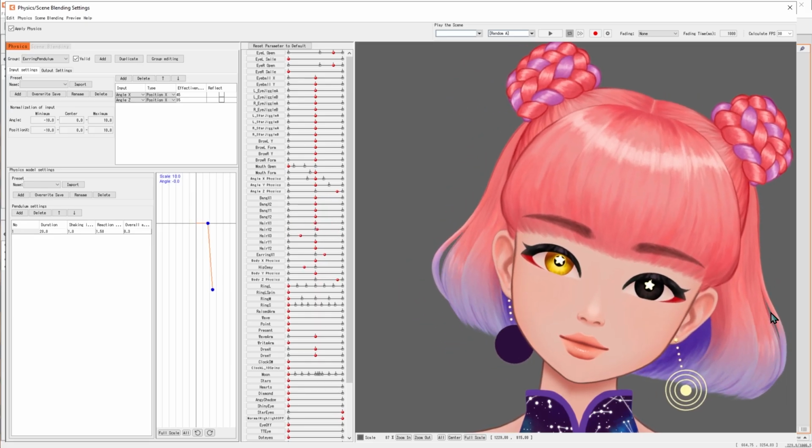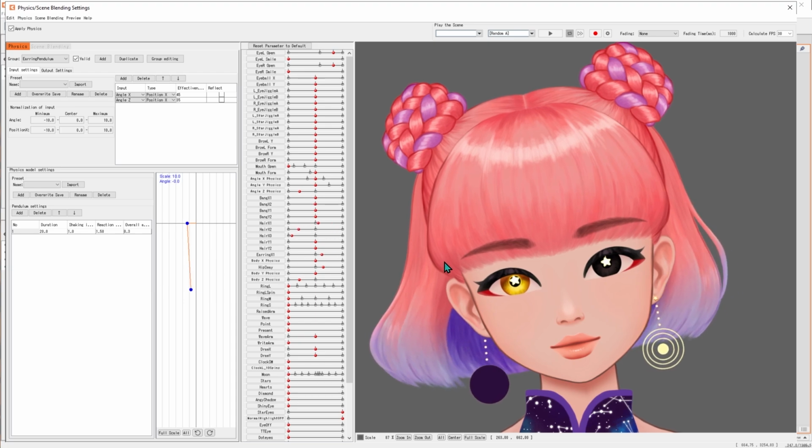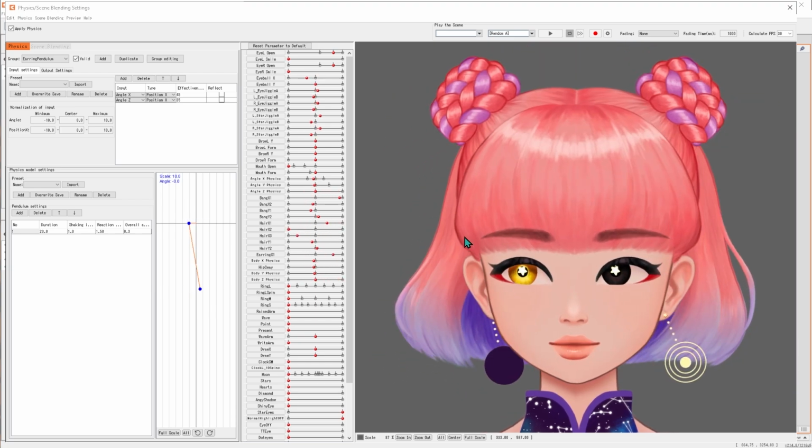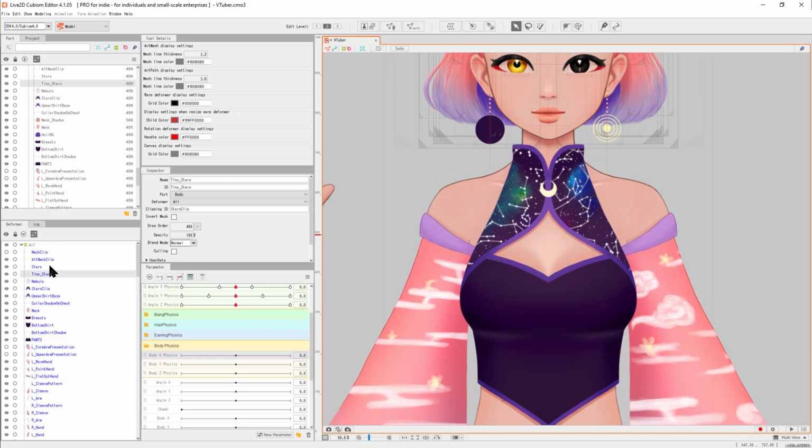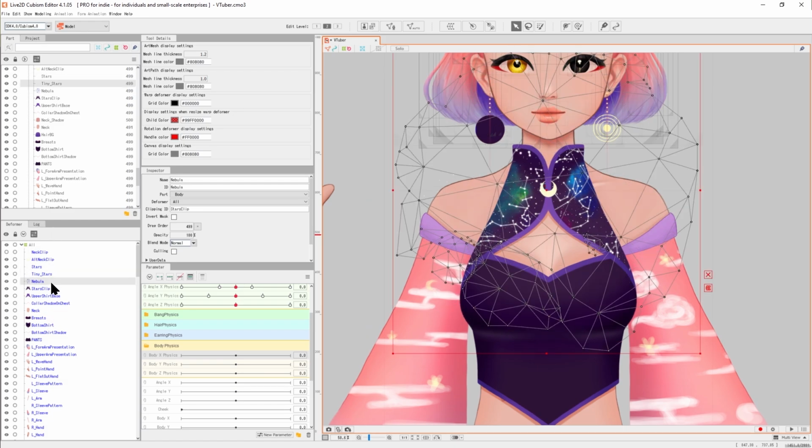The physics took me a while. I wanted the earrings to swing for as long as possible because it's a pendulum. And this is what I have. Looks cute, eh? I was just clicking stuff and I noticed my tiny stars don't have an art mesh, but